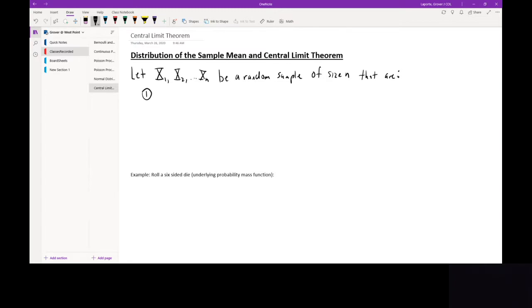Number one, each one of these X sub i's, i being any one of these between 1 and n, are all independent of one another. And the second thing we want to clarify is that every one of these X sub i's is a random variable